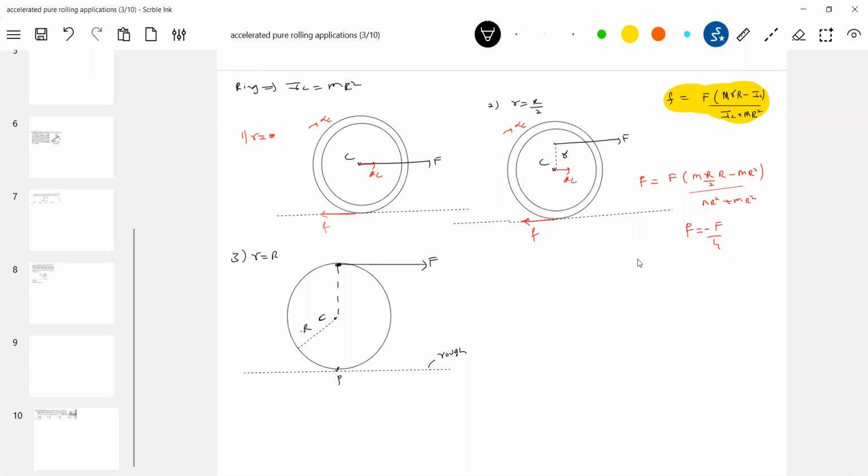I'll wound a string, then I'll start pulling it, though I kept it on a rough surface. What should the frictional force be? Small r equal to capital R. The frictional force in fact will be 0. Why 0? Because small r equal to capital R. Substitute that in this equation. Or I'll show once.